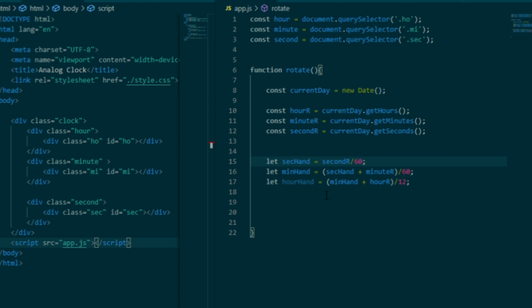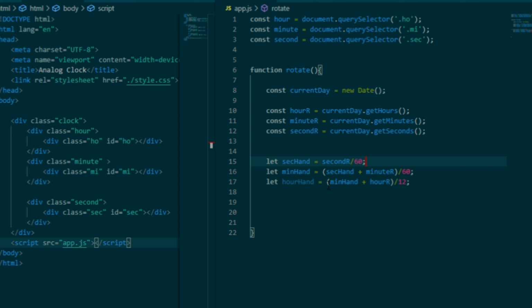Okay, so next we are declaring another variable, hour hand. Hour hand is equal to minute hand. On what fraction it should rotate, these three we are declaring and assigning to show on what fraction it should rotate.